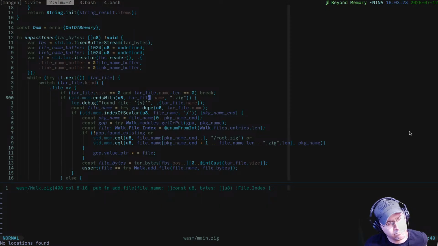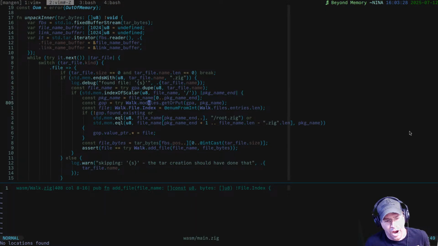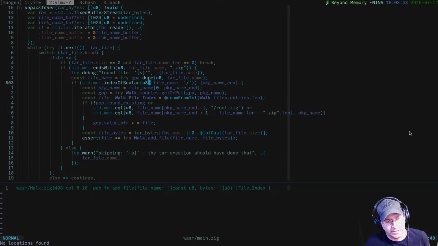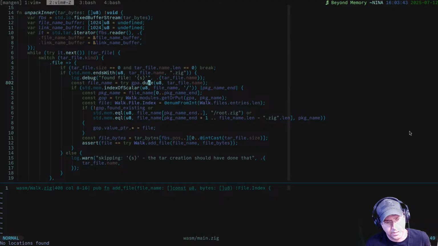And then std.mem.endsWith u8, .zig. Make sure it's a Zig file. Then it's going to duplicate the file name. Okay. So we can keep it around, I guess. And if the mem indexOfScalar u8 file name